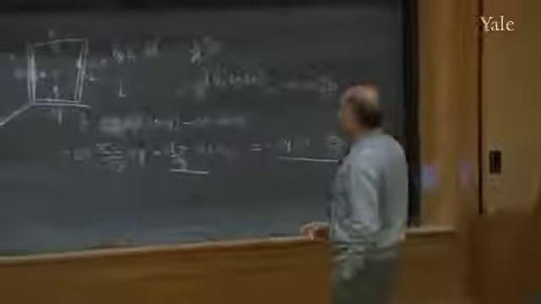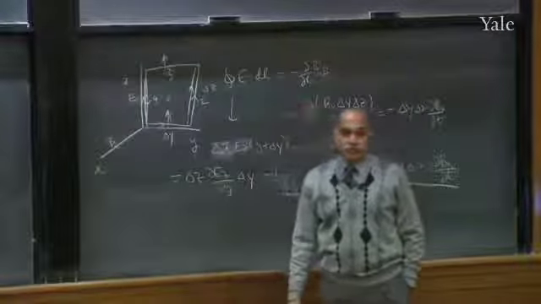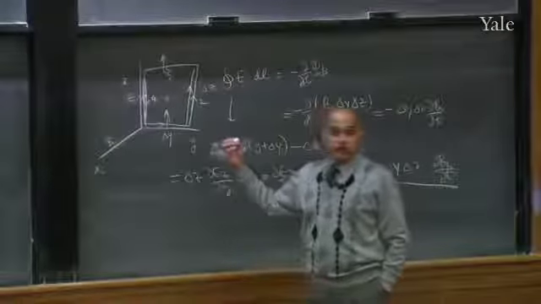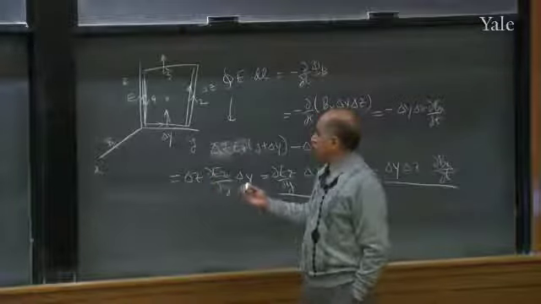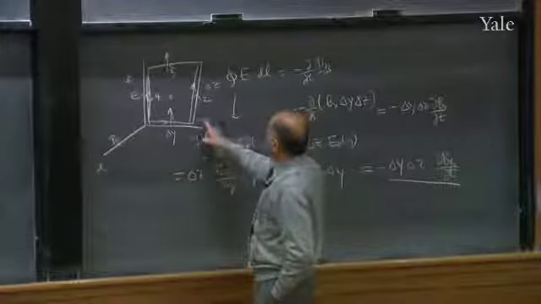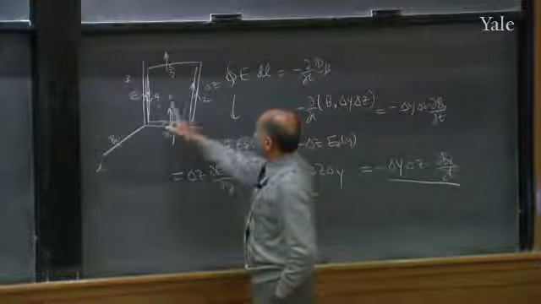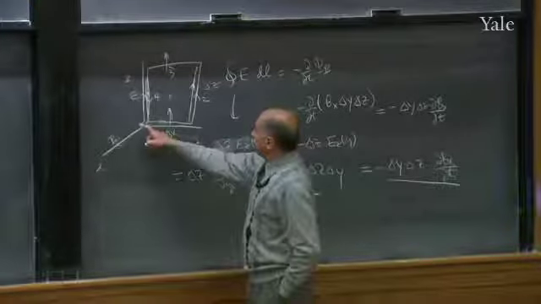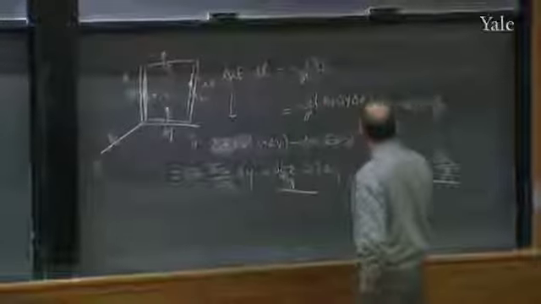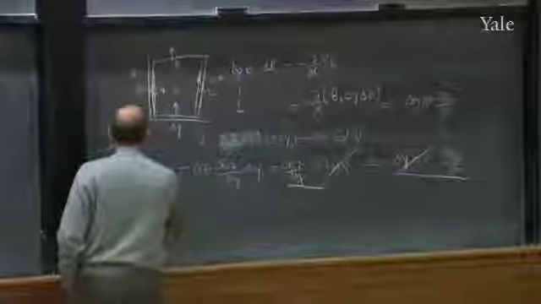So what is remarkable is the line integral and the surface integral are both proportional to the area. The surface integral being proportional to the area of the loop is obvious because it's a surface integral. Why is the line integral proportional to the area? Because one part of the line integral is the width of the loop, delta z. The other one comes in because the extent to which they don't cancel is due to the derivative of the field in the transverse direction. That brings you a delta y. So if you cancel all of this, you get the equation that I'm interested in, which is very important.